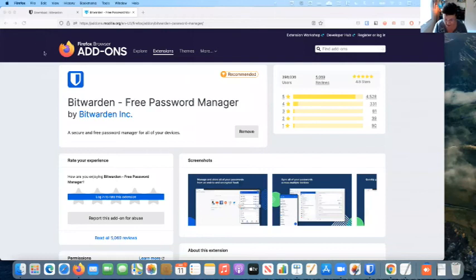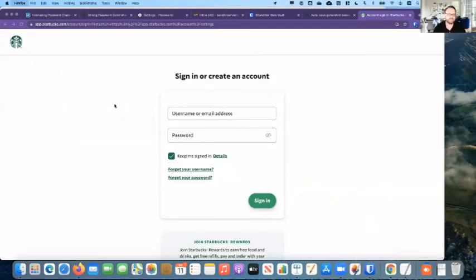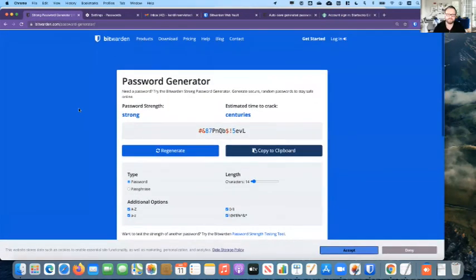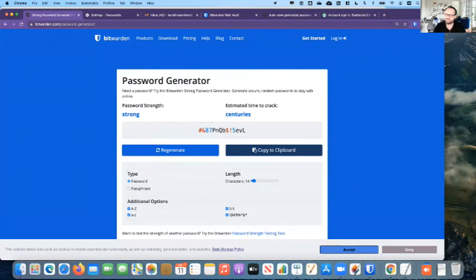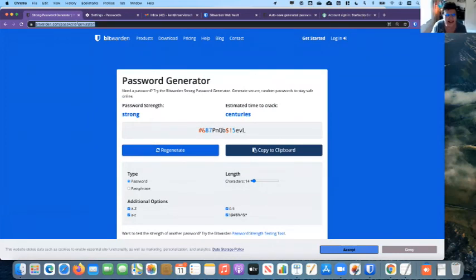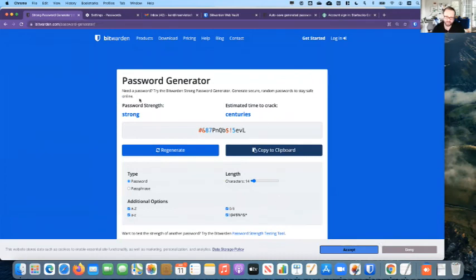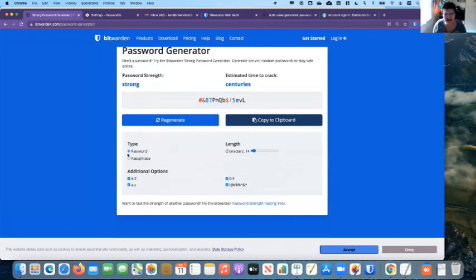Could you repeat that? I'll go to Bitwarden. And then I have my bank, First American. So let's show it. Let me go back, close that. Here we go. So on bitwarden.com/password-generator, I'm going to put that in chat again. I probably misspelled generator, just did it real quick. Sorry. Password generator, here. You pick whether you want to